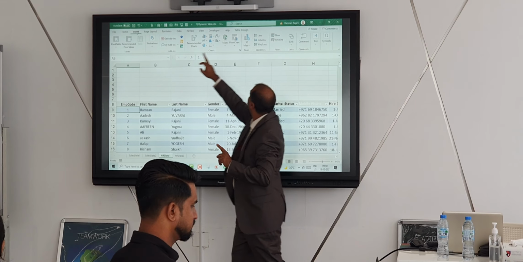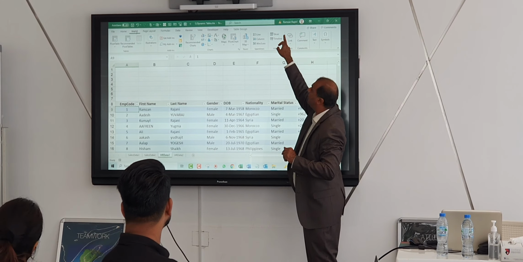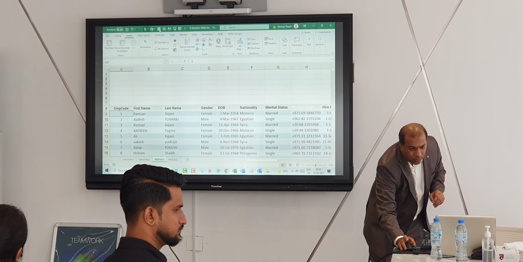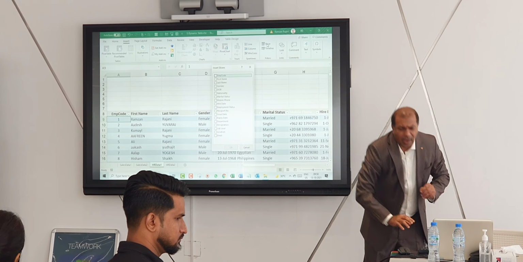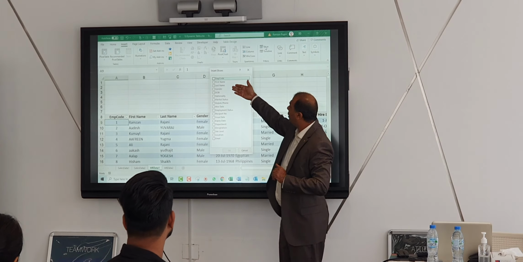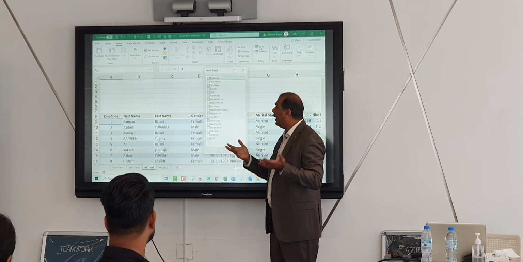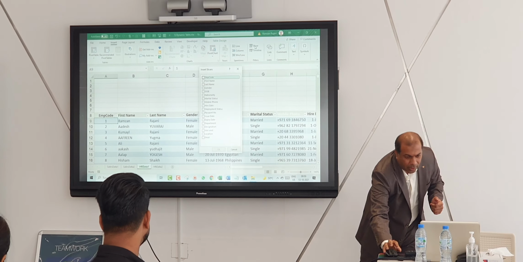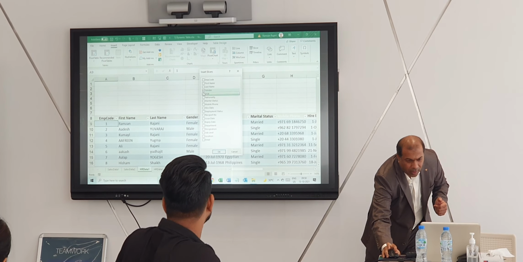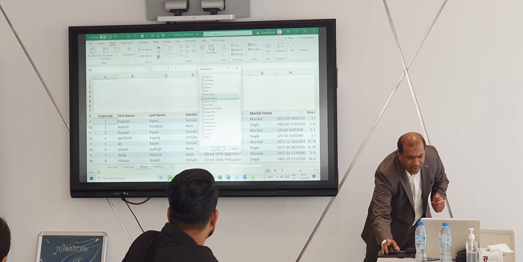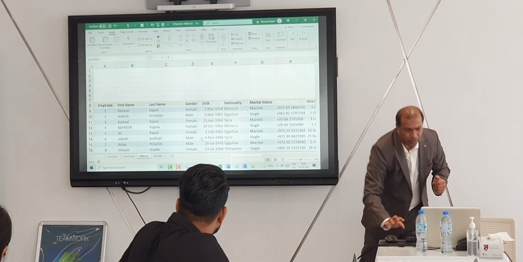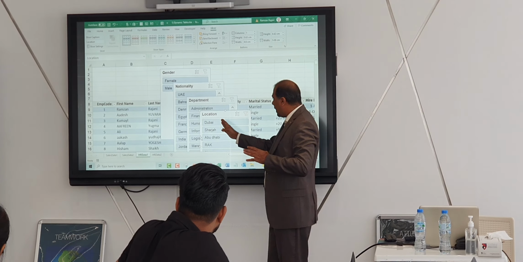So in Insert there is an option, Slicer. Wonderful option, you are going to love this option. So I go and click on the slicer and it will ask you, hey, which slicer do you want? Slicer means buttons, filters. So I want to add gender, nationality. So I quickly click on gender over here. I click on nationality and regularly I do filter on department and location. That's all. And I say okay. So all my buttons have come here.